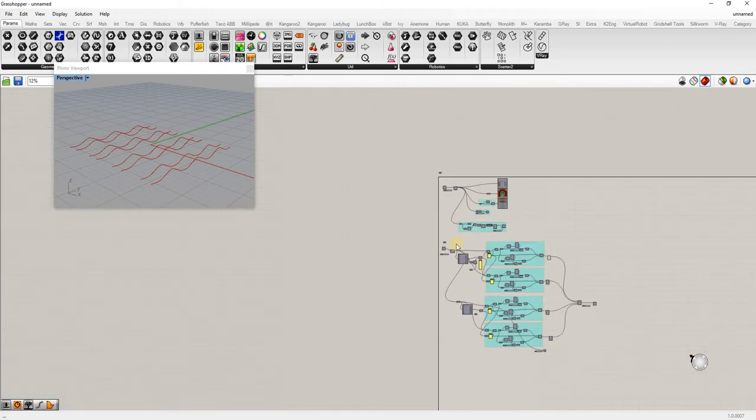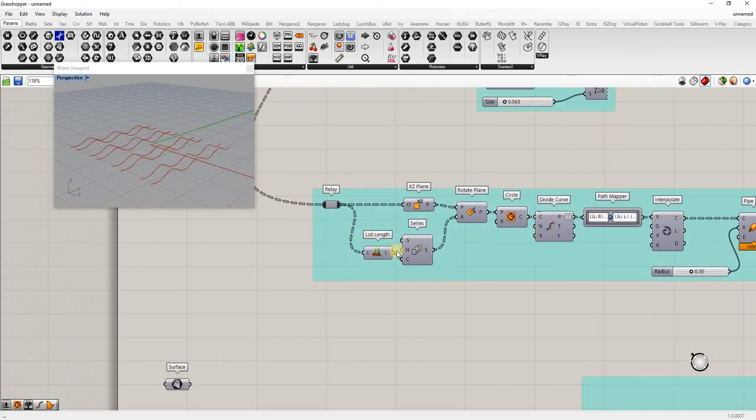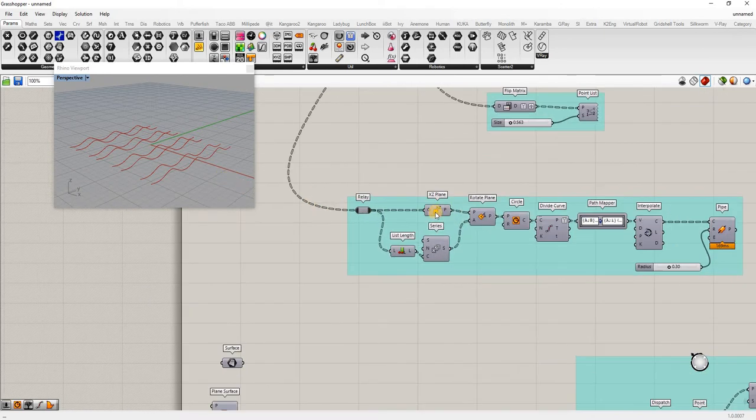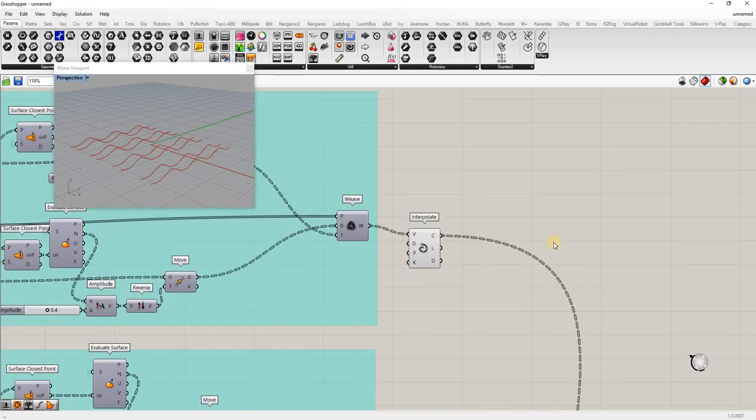So we can do the same things that we were doing up here, where we build these circles, divide them, and pipe them. But we need to do it in a slightly different way because we were building it from an XZ plane along a straight line before, but this is now an undulating line, so it's going to work a little different. So instead, let's make